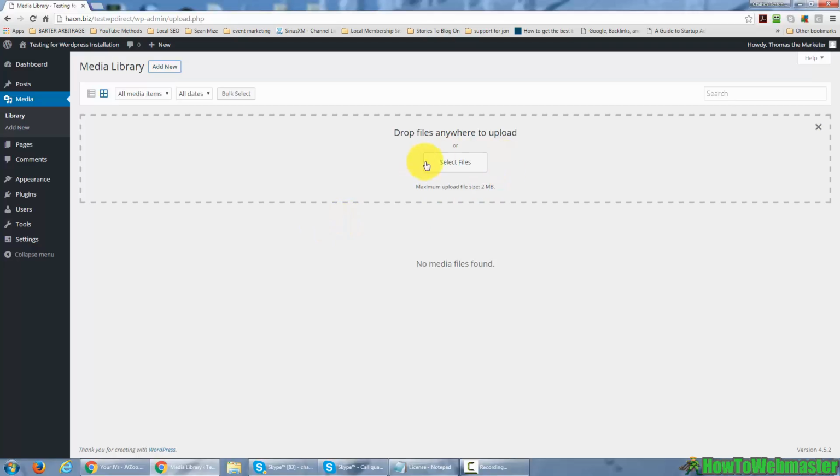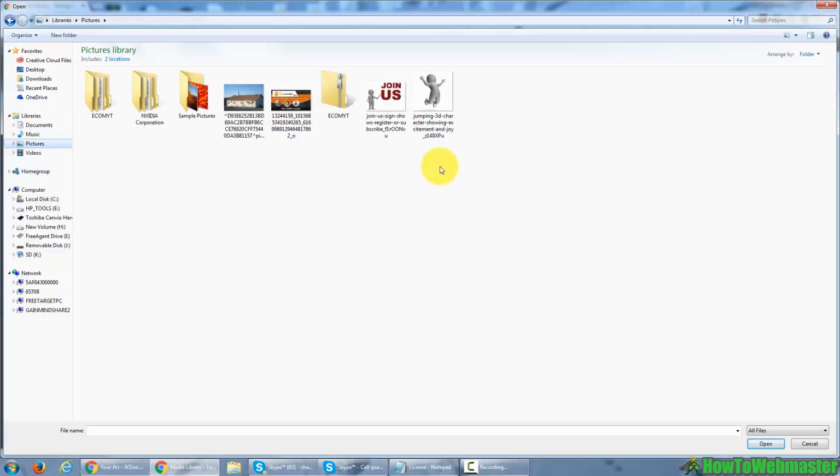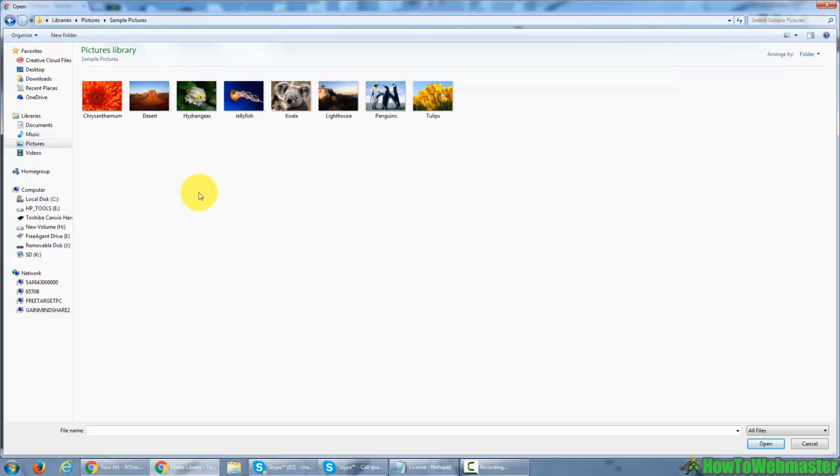So we're going to click the Select Files button, and then we're going to go to our hard drive. For purposes of this tutorial, we're going to go inside of the sample pictures, and you're going to notice several pictures here. Now we're going to use all of these in our website in our example, so we're going to click the one at the very left, and we're going to hit the Shift button and select all the images. Now we're then going to click Open,